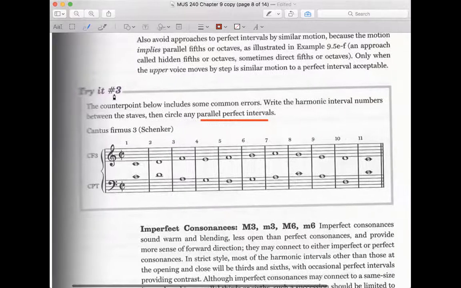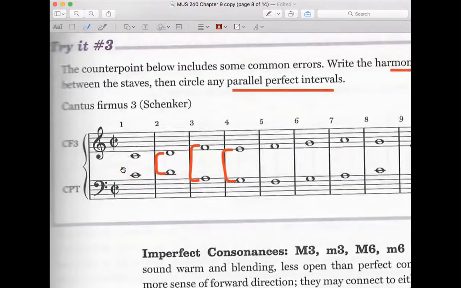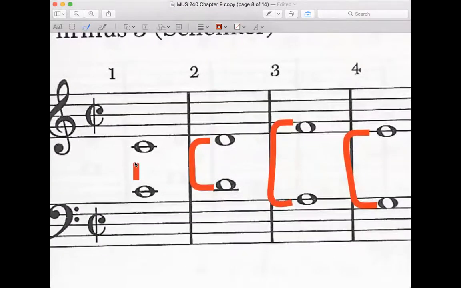Okay, so the first thing you're going to do, write the harmonic intervals. Easy enough. You're looking from C to C, D to D. Oh, I see problems already. F to A, E to G. Remember, you can go in either direction, from top to bottom, bottom to top. You're going to label the intervals. So that first one is a perfect unison. Let's just say U for short, so I can have enough room. And we're going to circle it because it's a perfect. Now,